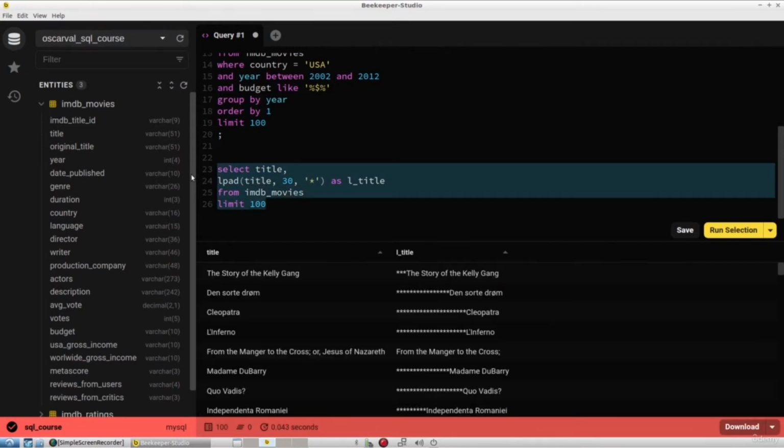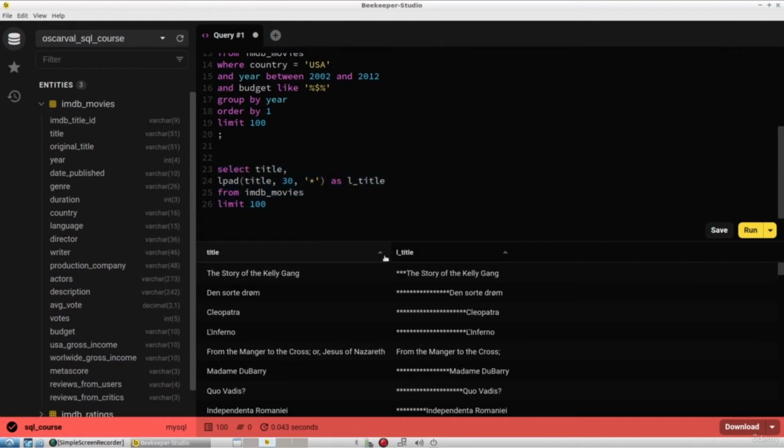Okay, and so what's going on here is that lpad is going to basically pad the title with asterisks up to 30 characters. So whatever number of characters the title doesn't take up, right? If it doesn't take up the whole 30 characters, then it'll pad anything that's up to 30 characters with an asterisk. So you'll see that for this really long movie title here, where it's only actually showing us up to